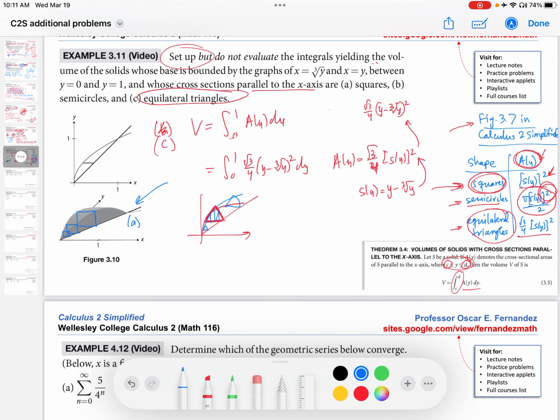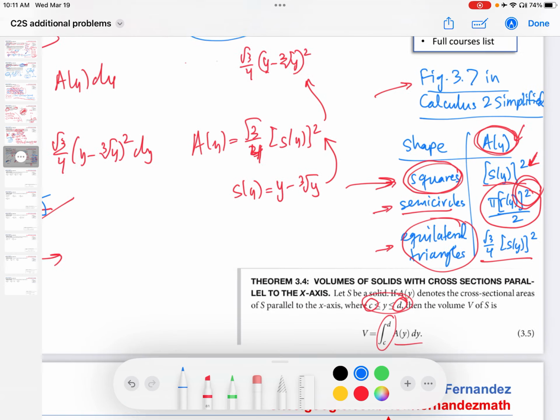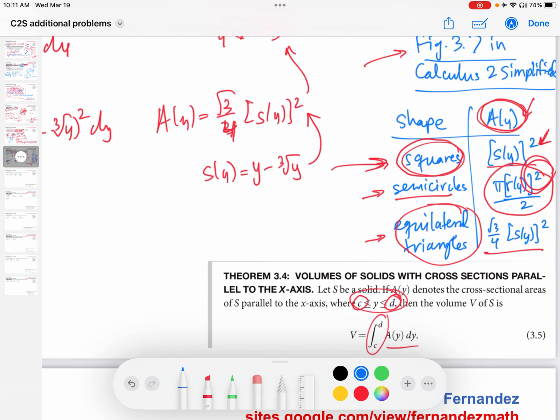Okay, so we have done everything. We found the square, the semicircle, the equilateral triangles. And if you zoom in on the right-hand side here, you can see that all that really changes is a of y, first observation. The formula changes. But notice that in all of these formulas, you need to know s of y. So here's s of y, here's s of y. And even for r of y, like we talked about, r of y is half, because it's a semicircle, half,